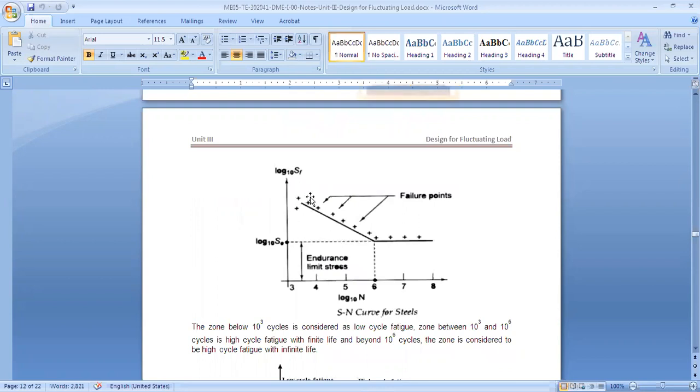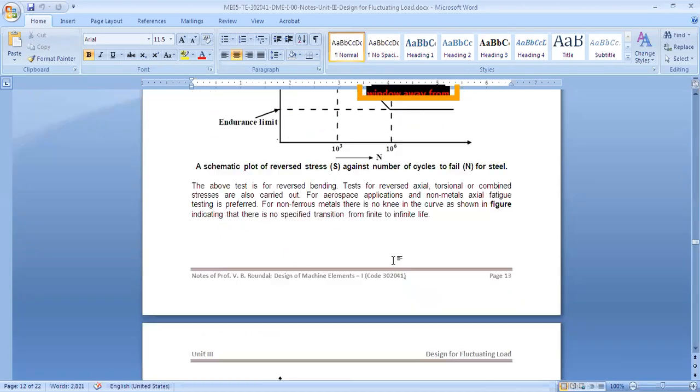Now, when we plot the graph, obviously it will not come out as a straight line. There will be different failure points for different stress. The number of cycles will vary. So we'll take an approximation. We'll take whatever is the average, below that we draw a line, and that line we call the SN curve. Okay.